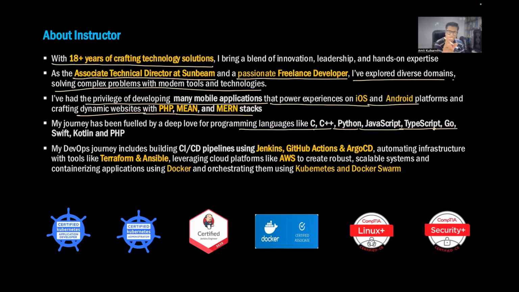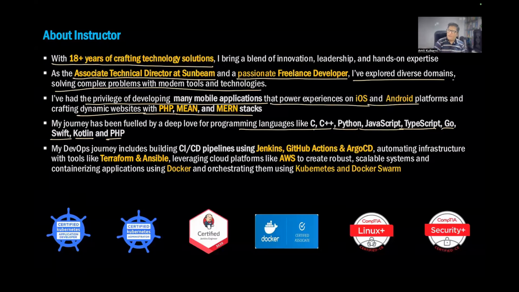And if performance is required, I prefer using Go on the backend side as well. Swift, I use it for iOS native development. Kotlin, I use for Android native development. And PHP, nowadays it is gone. I mean, earlier I used it for developing web applications, but now it has very little requirement.